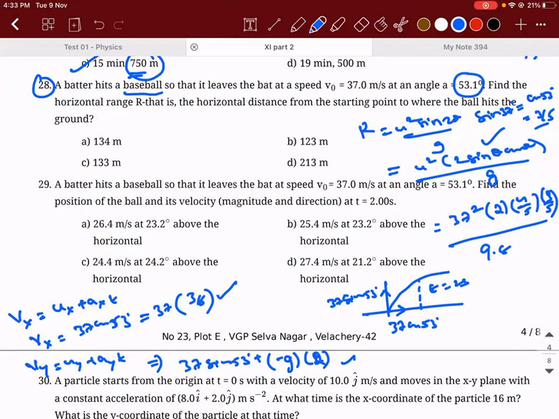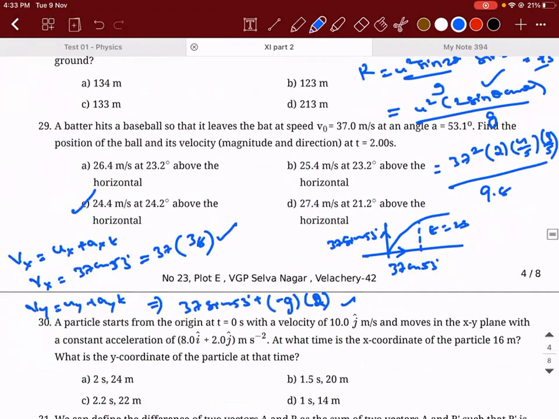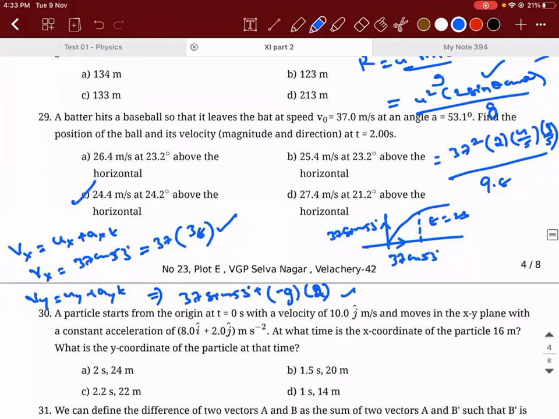Okay, the answer that is given here is 24.4. I think it's a textbook problem which is slightly modified. Sir, can we use equation of trajectory here? You can use the equation, but that will give you the y position. You don't know the x position of the object, right? It says y is equal to x tan theta minus g x square by 2u square cos square theta. You don't know the position of x, right? How will you use it? Are you able to understand what I'm trying to say? Yes, sir.